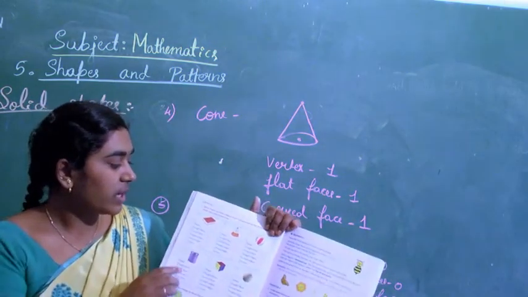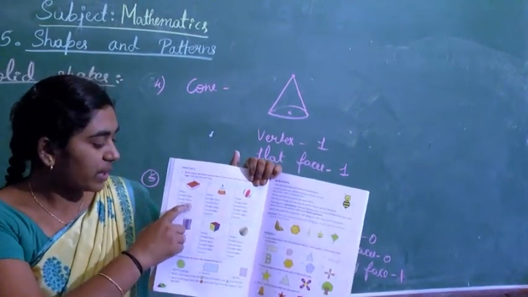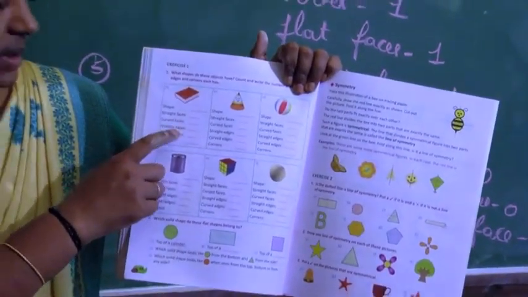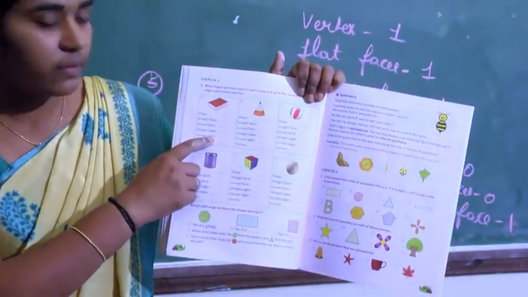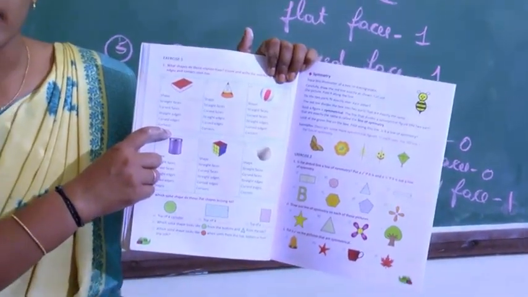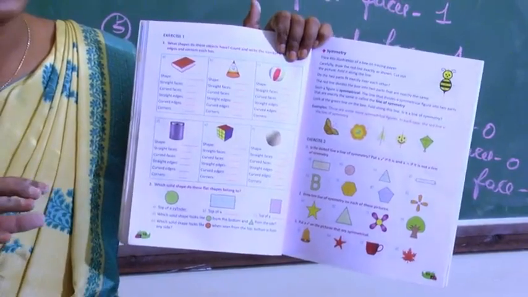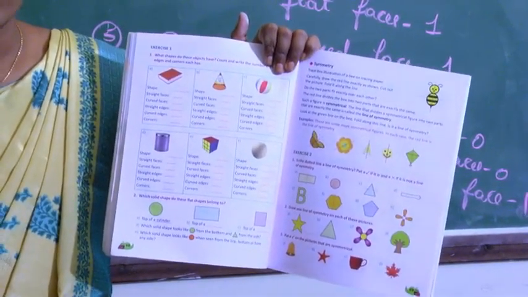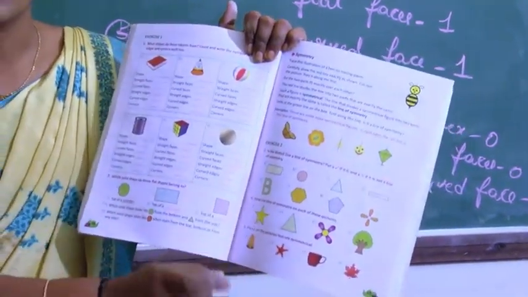You can observe there is a book. The book looks like a cuboid, and you need to write its properties: how many straight faces, how many curved faces, how many edges. Straight edges are nothing but edges, and there are no curved edges for a cuboid, and the number of corners. Like this, identify each shape and write how many edges, corners, and vertices are there. This one is the work for you, and I'll start the symmetry now.